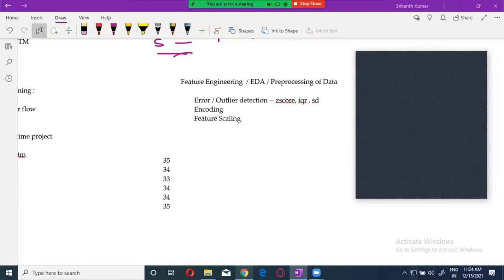With full stack, end to end, you will get everything that is required. Data science will end over here with machine learning and deep learning. But when you go with full stack, you will get complete information: what is required for this, how to implement the model. Usually people will not give you so much detail.